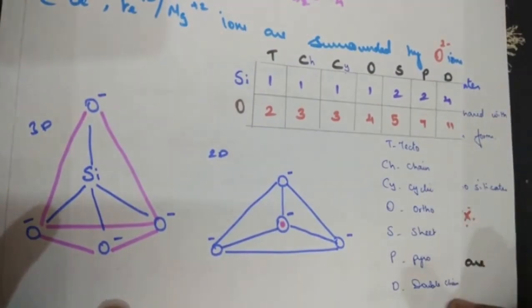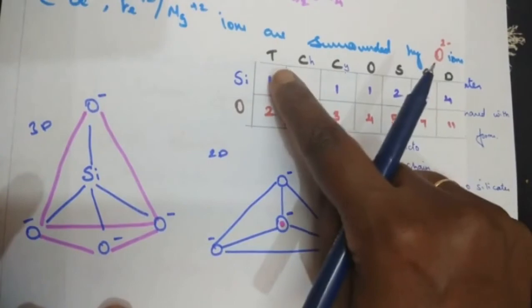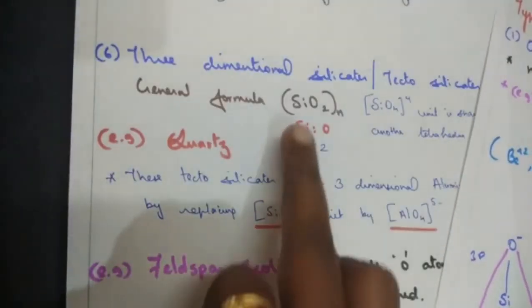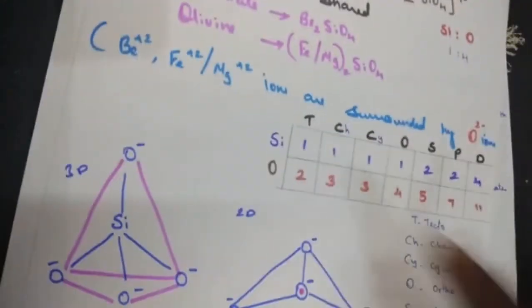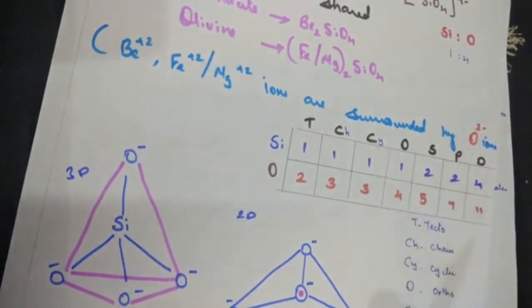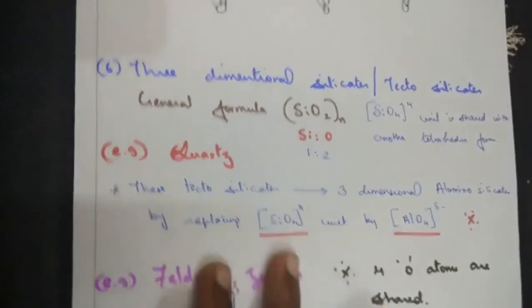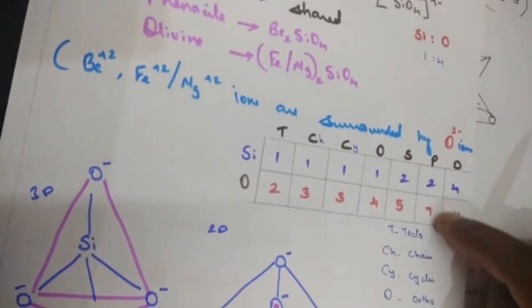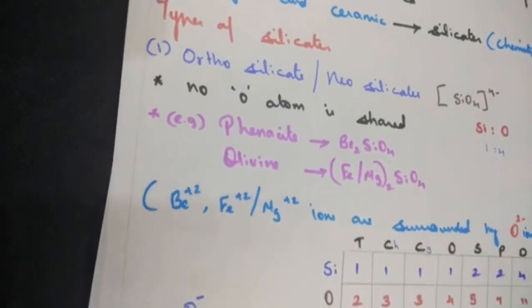Coming back to the question, the first page here. So the 7 types of silicates you have learned. Now this too talks about the ratio of tectosilicate. When we say SiO2, meaning one silicon is shared with 2 oxygen atoms. So 1:2. Chain, when you say 1:3. Cyclic 1:3. Ortho 1:4. Sheet 2:5. The sheet silicate, you remember, this is 2:5. And the next one, pyrosilicate 2:7. Double chain silicate 4:11. Practice, and every question can be asked here.